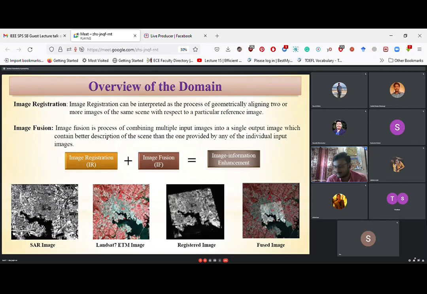So how do we overlap? You can see here the water body is zoomed, here it is not. Here it is straight and this is somewhat tilted. This SAR image is somewhat tilted. So what we have to do is first register these two images. That means we have to match the coordinates of these two images. Image registration means matching the coordinates with a reference frame, matching the coordinates of both images with a reference frame so that both images are aligned. This alignment is image registration.